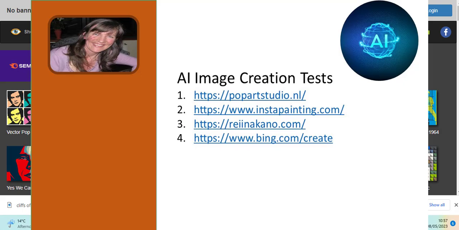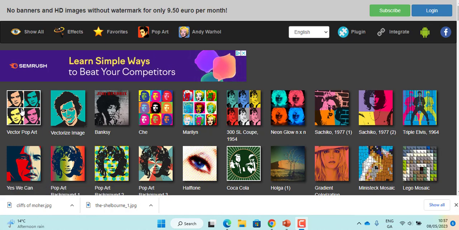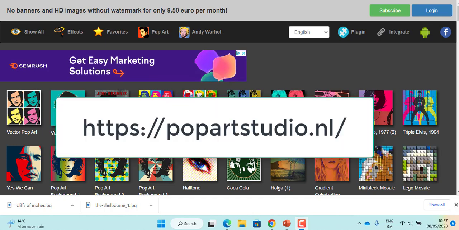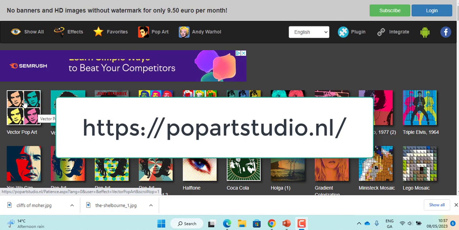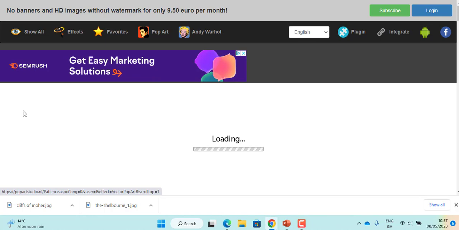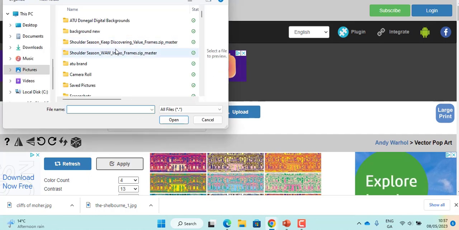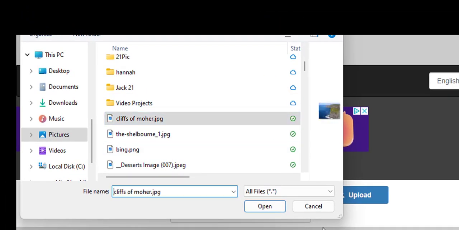So I'm just going to show you one of the options available to use AI with your images in the tourism sector. For example, I'm looking here at popartstudio.nl. There's loads of them out there, but I just thought I'd show you one of them. You could pick something like this pop art Andy Warhol type thing over here, and you just click on the option you have, you choose a file, and I've just taken in the Cliffs of Moher,